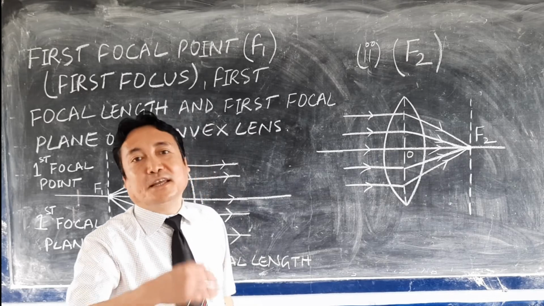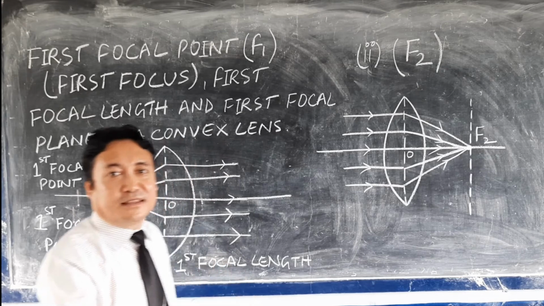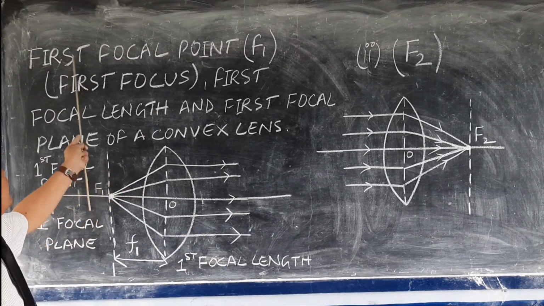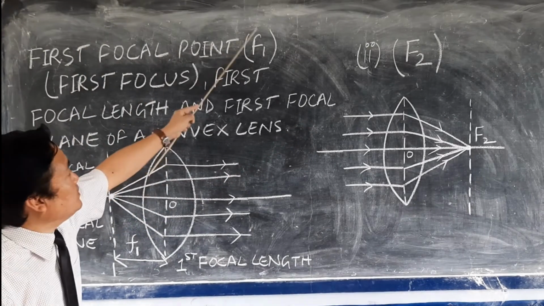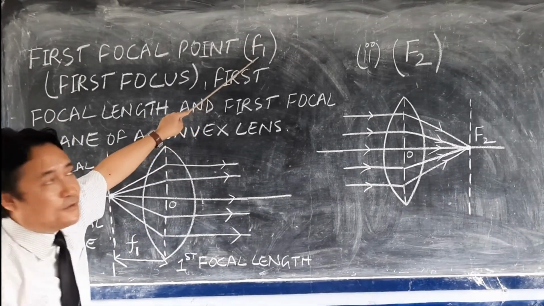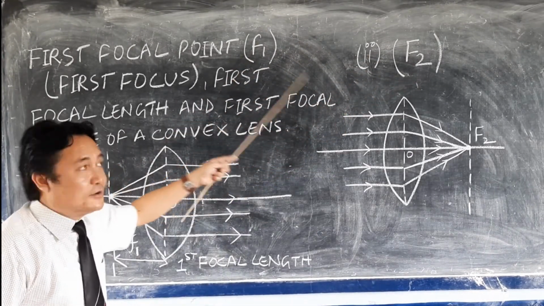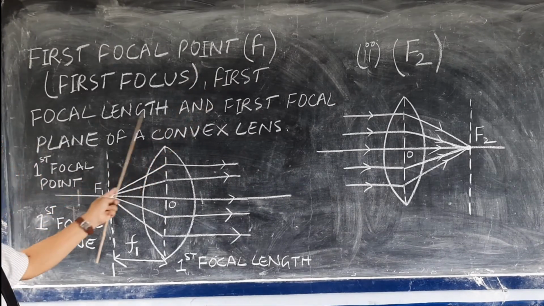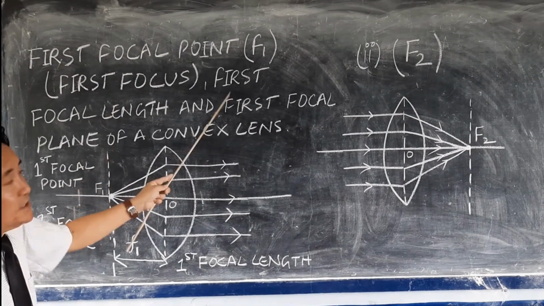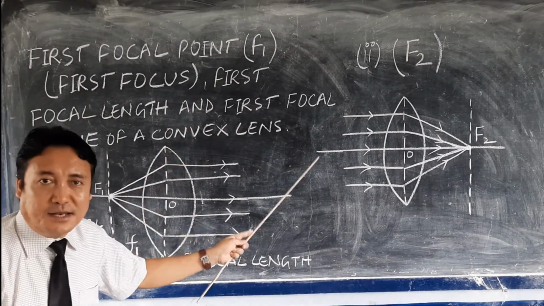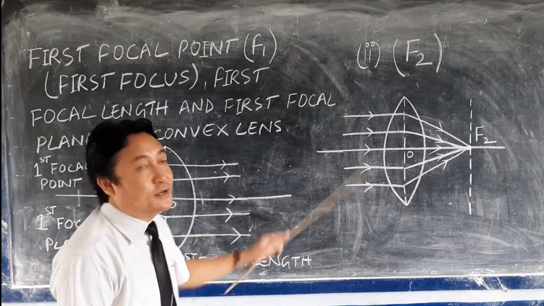So in a convex lens, in terms of principal focus, you should remember the first focus and the second focus. The first focus is also known as the first focal point, and the second focus as the second focal point, denoted as F1 and F2. Related with each focal point there is a focal length and a focal plane: the first focal length and first focal plane, similarly the second focal length and second focal plane. So this is only with the convex